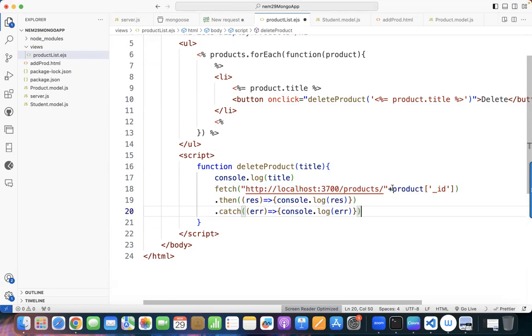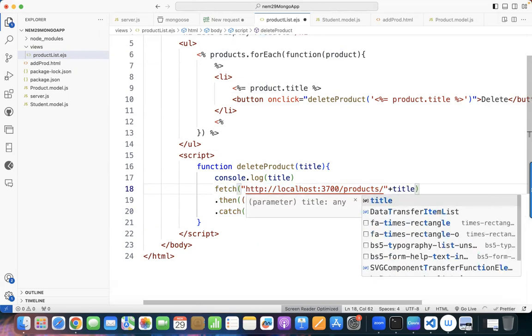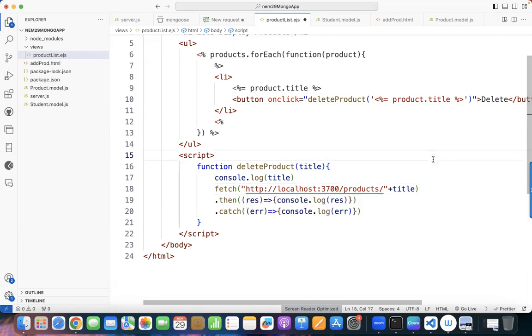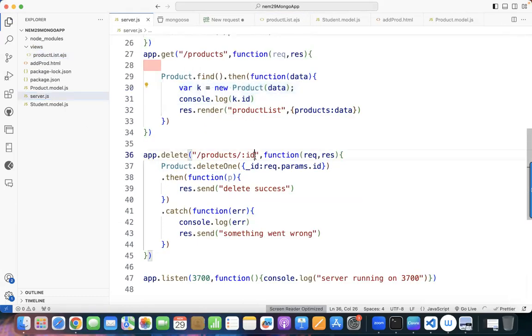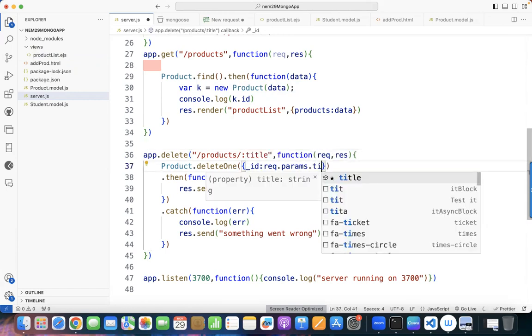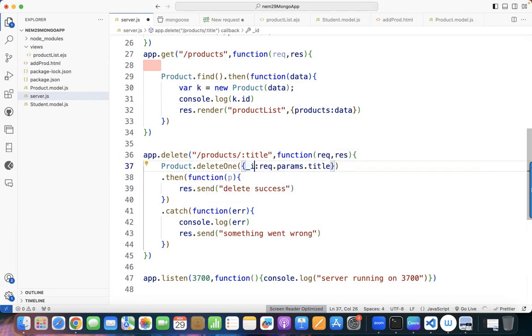Here, I don't pass the product ID. I'll directly pass the title. So what do I receive? When I click on this button, I'll get in the request the title, not the ID. So I will change this also to title. Of course, you can use T also, title. So here request dot params dot title, and I will call it